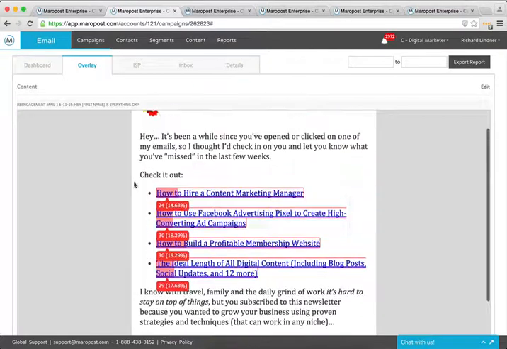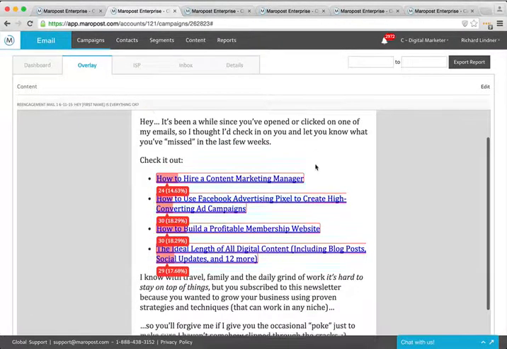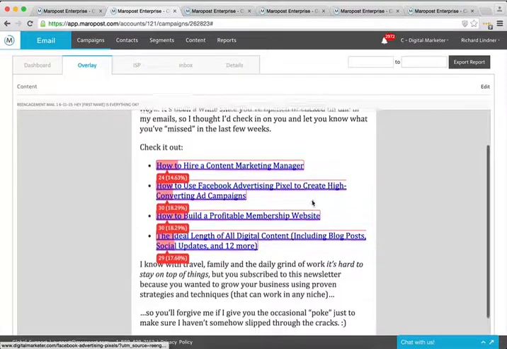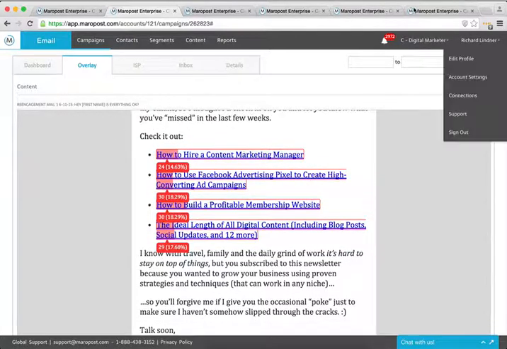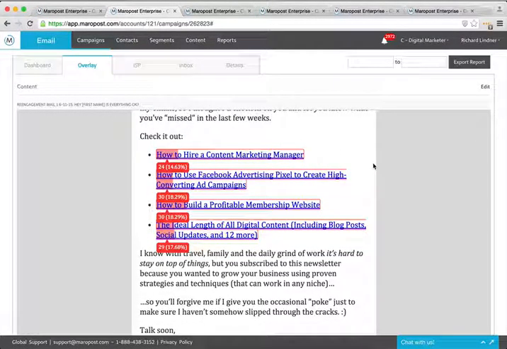So now we're going to come in after we've called them out, right? This first part is about calling them out. Basically, I've noticed, right? I know you're not opening my emails, and I want to make sure that it's not something I did. So then we're going to add value. Again, we're going to add value and remind them that our relationship, that them opening our emails is valuable to them.